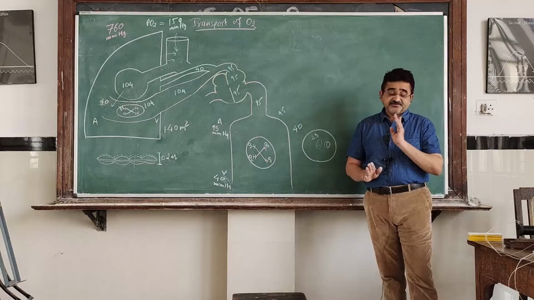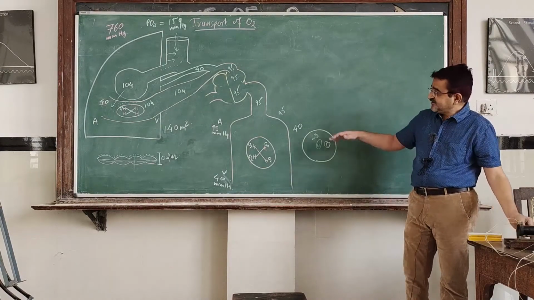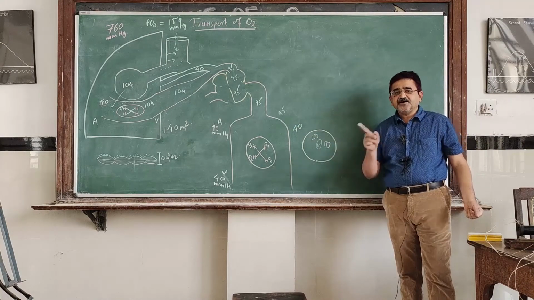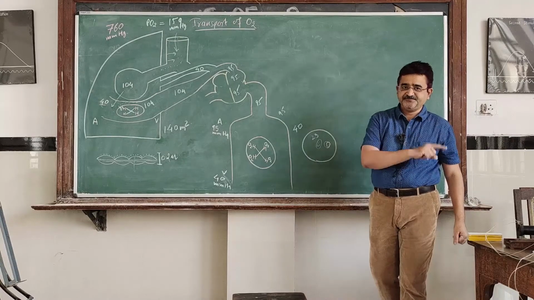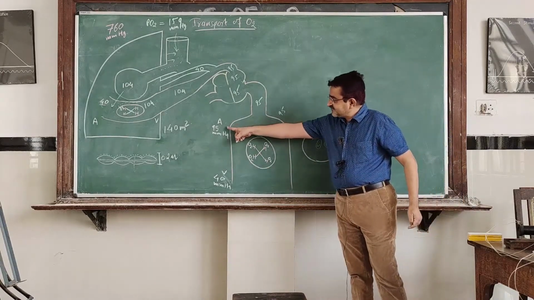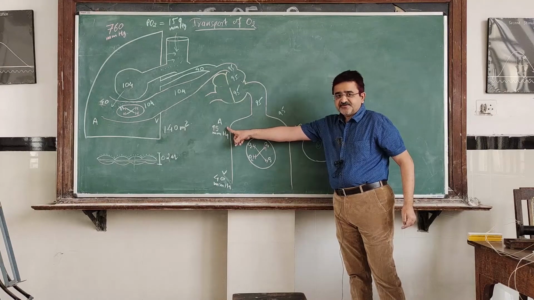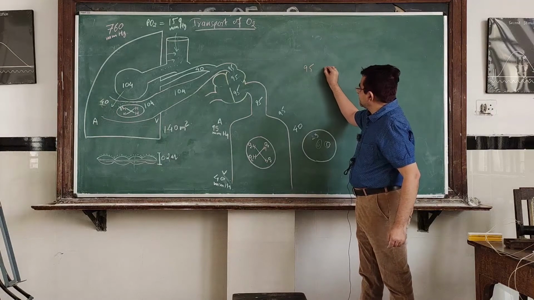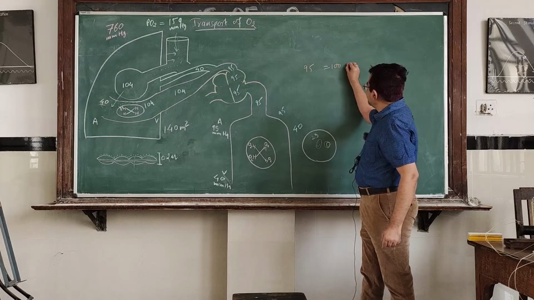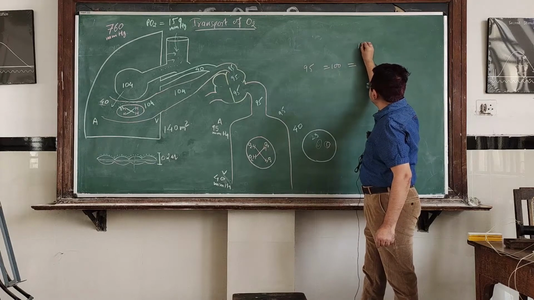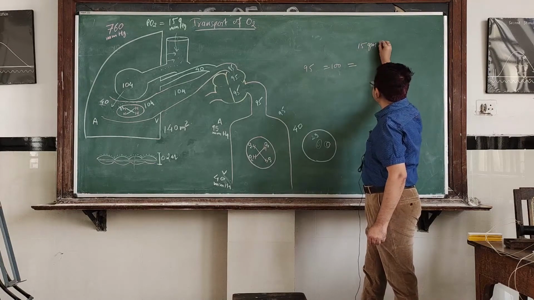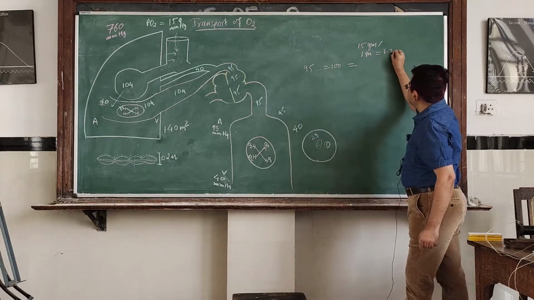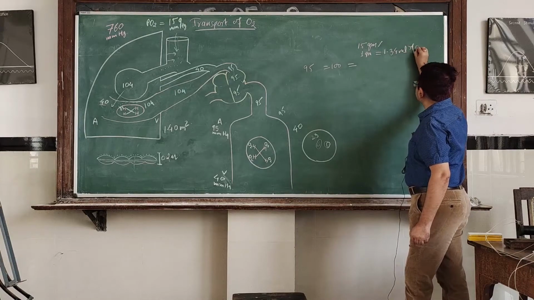इतना समझ में आया? Now अब देखते हैं हम कि how much amount of O2 is delivered to the cell by 100 ml of blood. At the partial pressure of 95, that is we say the oxygenated blood, at 95 millimeter of mercury, 100 ml of blood, it contains, supposing the hemoglobin concentration is 15 gram %, and we know 1 gram of hemoglobin, it carries 1.34 ml of oxygen.